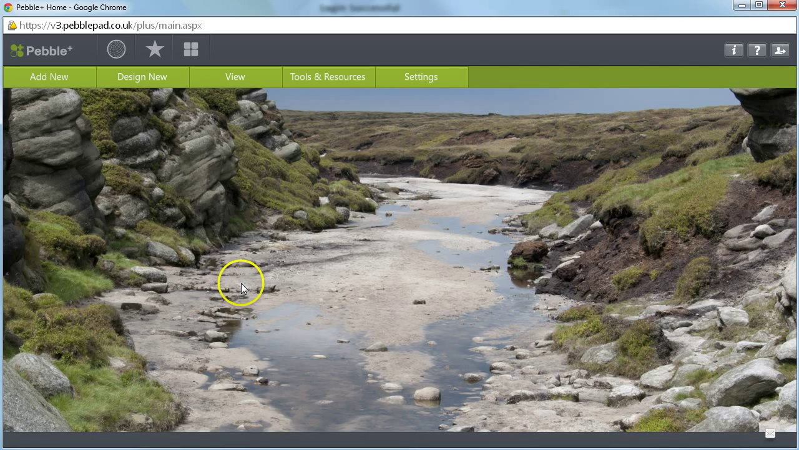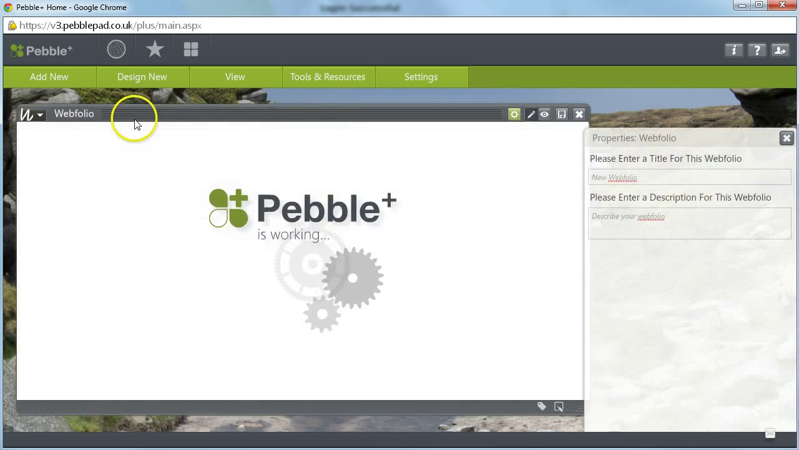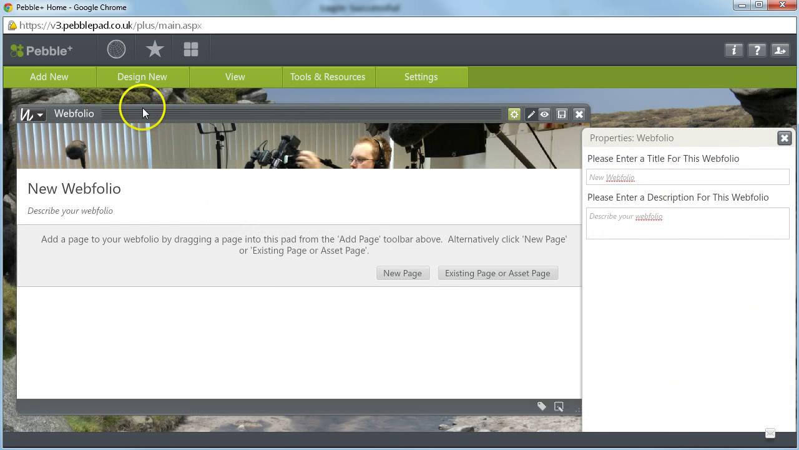This is a quick revision of the professional portfolio that we created in your PebblePad introduction. We're going to create 3 webfolios and nest the first 2 within the last one. So the first webfolio we need to call your name